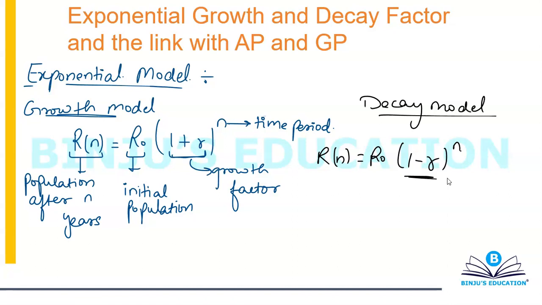R naught is the initial volume, 1 minus R is the decay factor, n is the time period. Okay, so we'll try to use these also while solving the question, so that you can relate the concept part with the question part. Now, while linking with AP and GP,